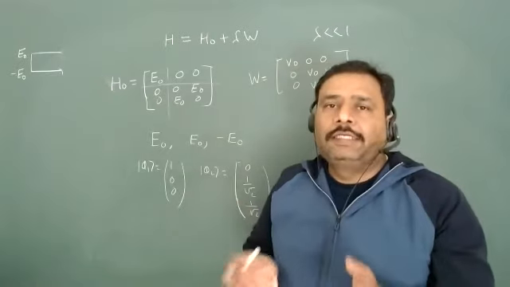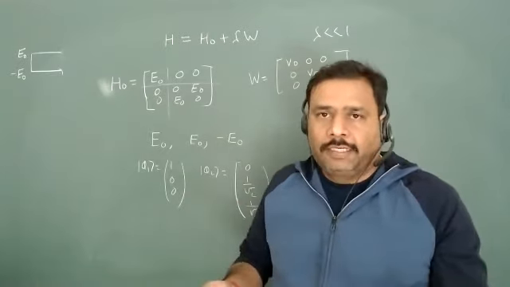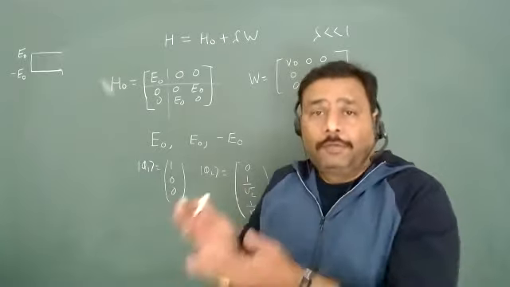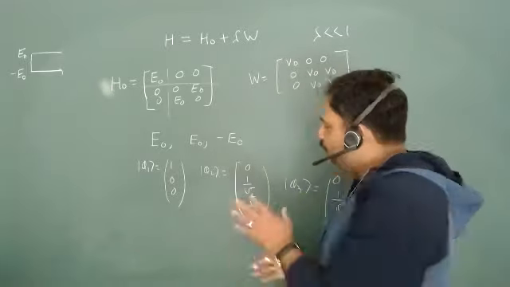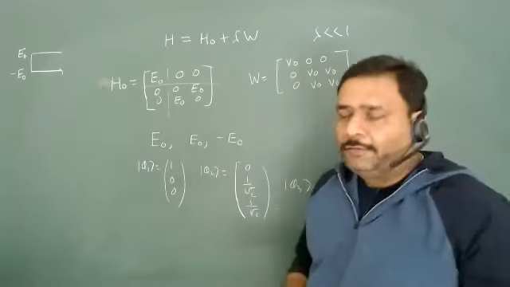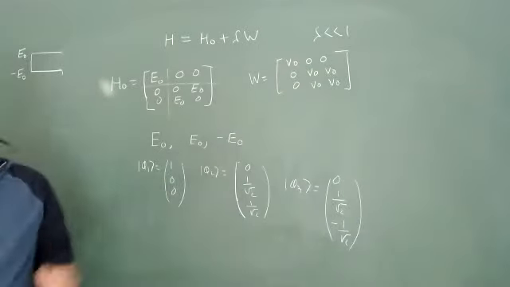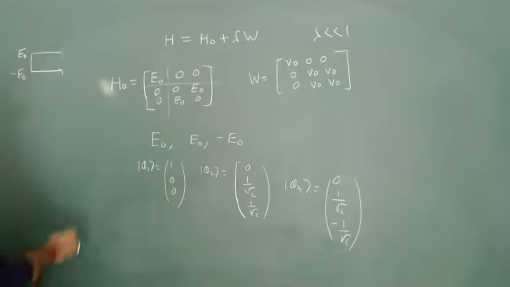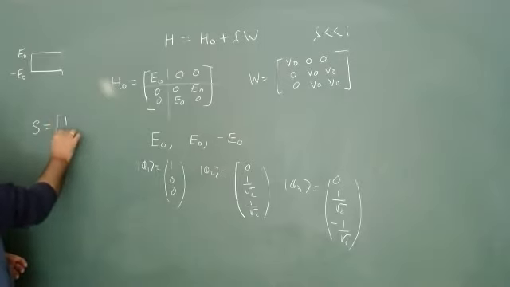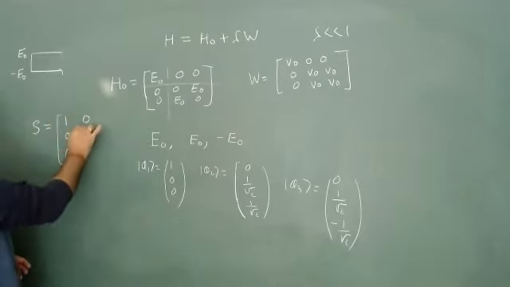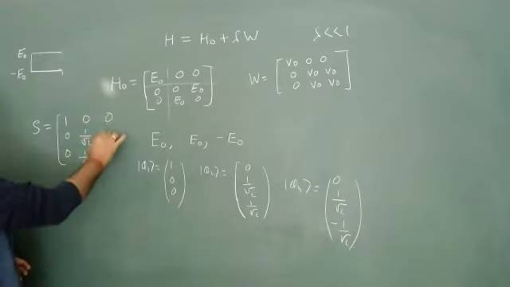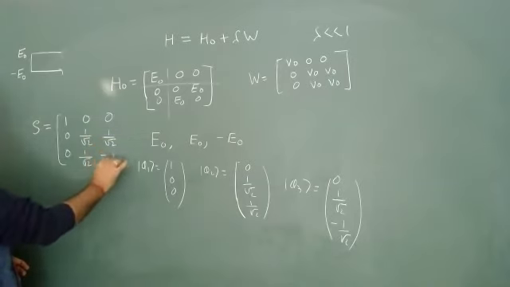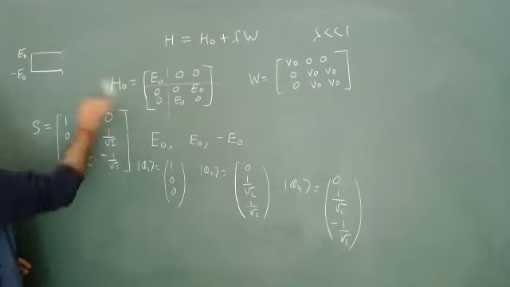So if you have a degenerate eigenvalue, how many eigenvectors can you have? How many sets of orthonormal eigenvectors can you have? You can have an infinite set of eigenvectors, but I have deliberately chosen a set of eigenvectors which is very symmetric and very nice in nature. So I can make my S vector as this: this will be 1, 0, 0. This will be 0, 1 by root 2, 1 by root 2, 0, 1 by root 2, minus 1 by root 2. This is my S vector.